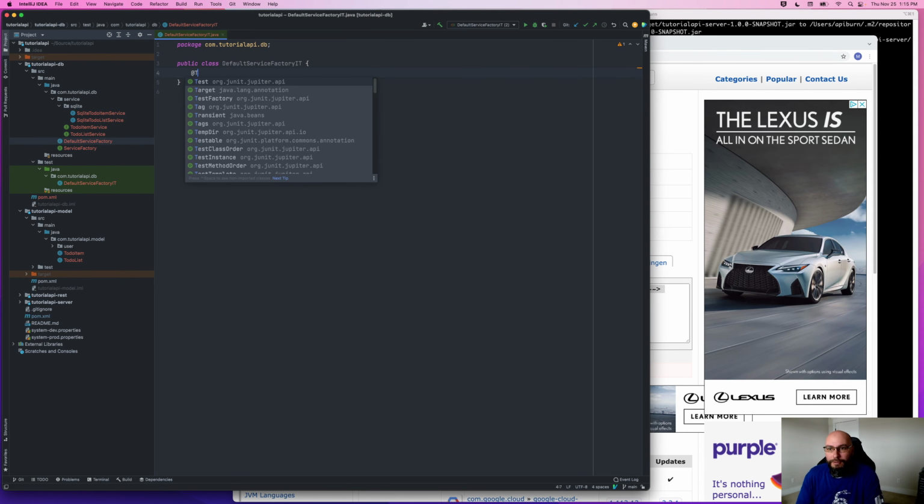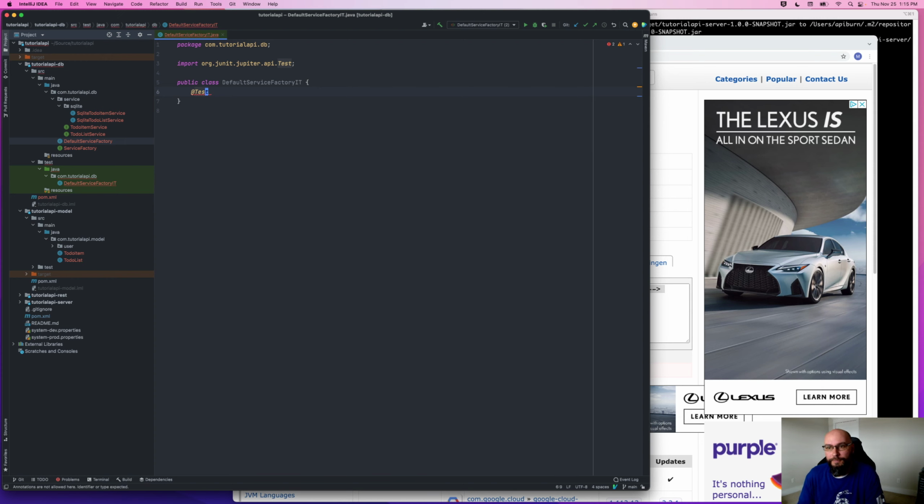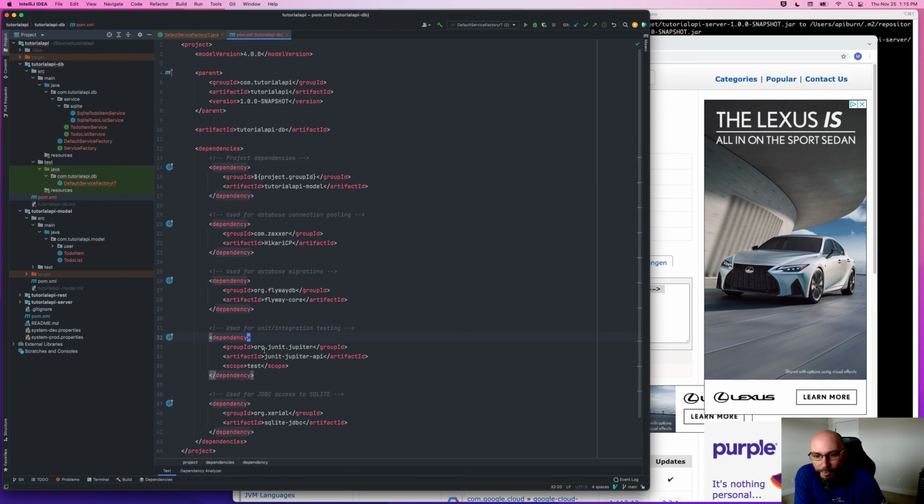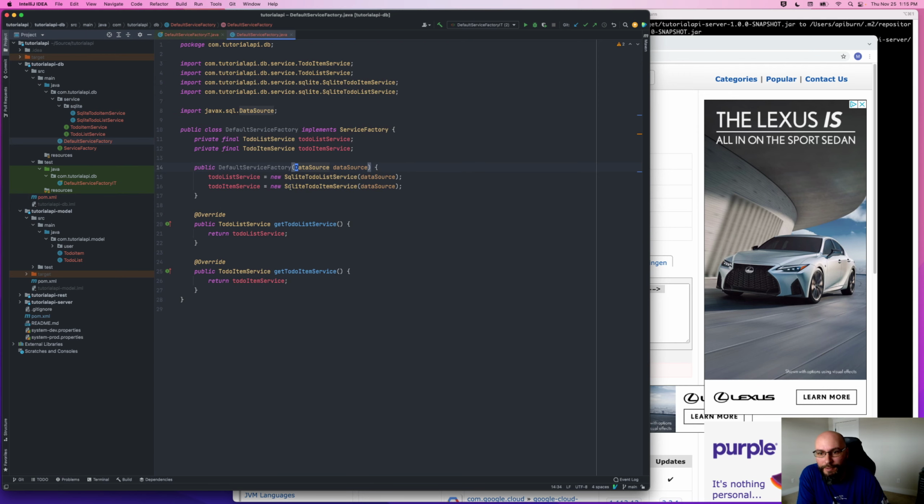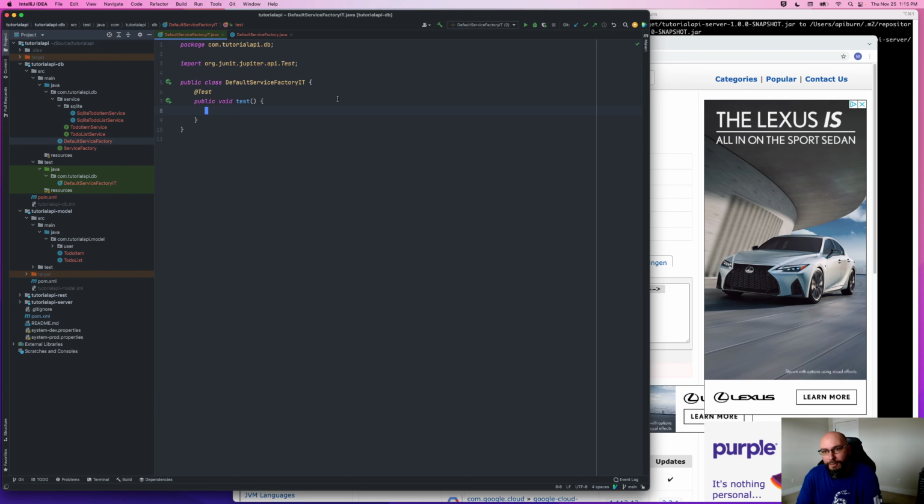Okay, so let's add test. Do we actually have test dependencies in here? Yeah, okay, when we created this module, we left in our test dependencies. So we have a couple methods in here, but we can test them all at the same time. We've got these two methods, so we can do